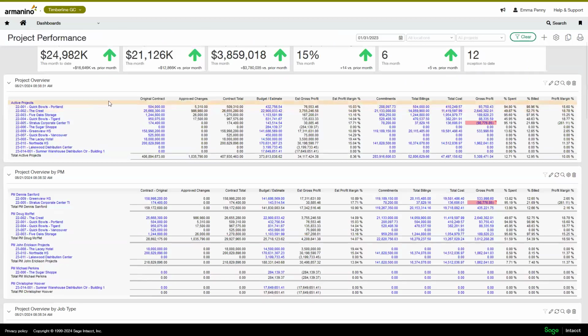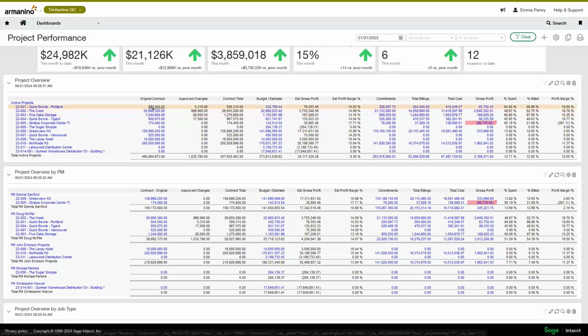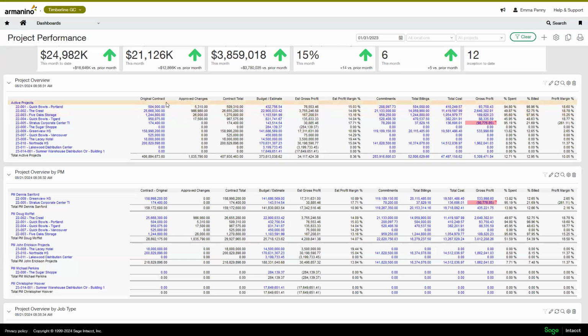Scrolling down here, we can see we've got a project overview report. This is what I like to refer to as the Rubik's Cube effect in Sage Intacct with the dimensional chart of accounts. We accountants are used to seeing GL accounts or groups of GL accounts along the rows, right? So here we can easily see a dimension, in this case, projects. Along the rows are all my projects, and then along the columns, I'm tracking things like